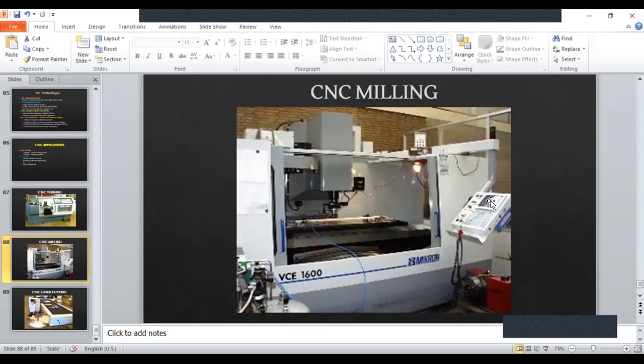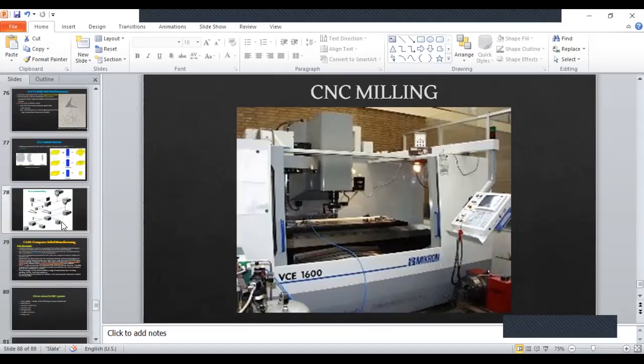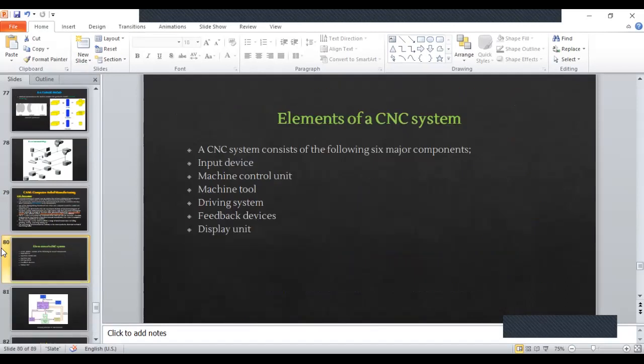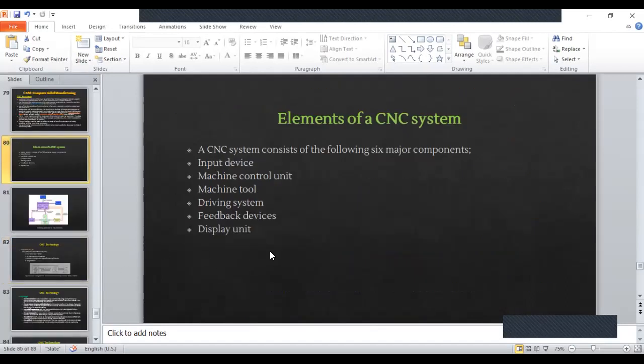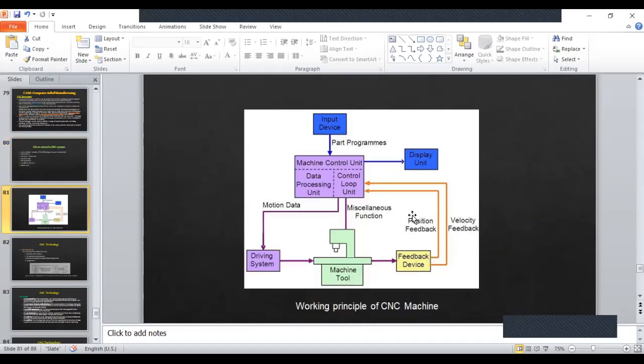It will specify what step is being executed in the machine, right? So, display unit. Those are the basic elements in a CNC machine. And some miscellaneous functions as well, not just the standard ones, like for example the tool changing.